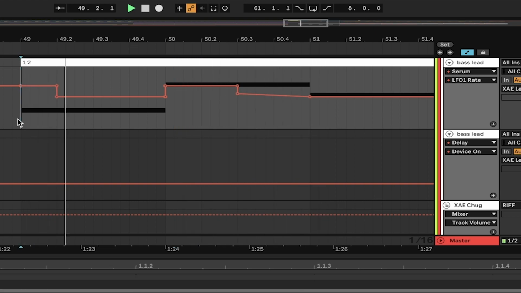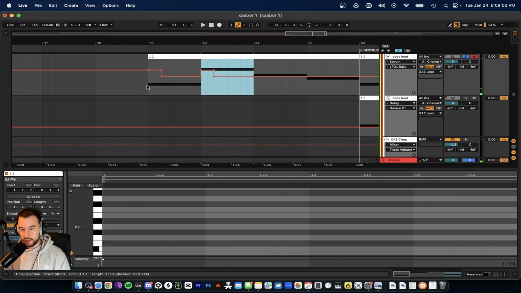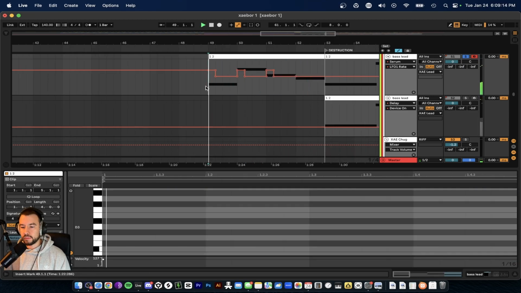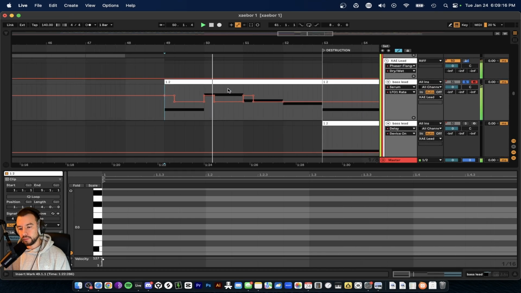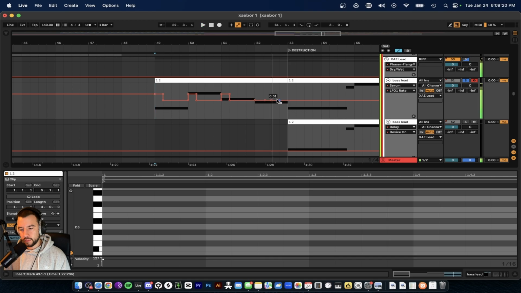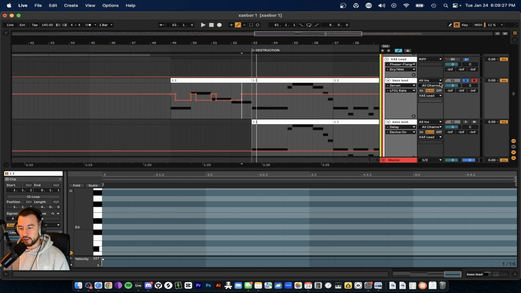Over here. I really like this rhythm, so I'll just duplicate it. So then now you can simply change the LFO rate, change your notes, and create a whole different rhythm and